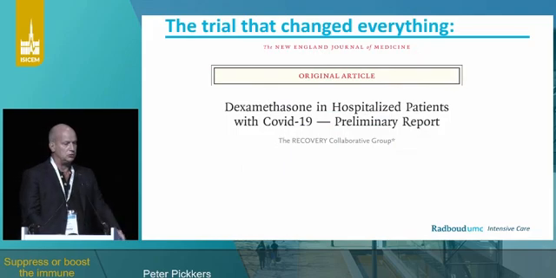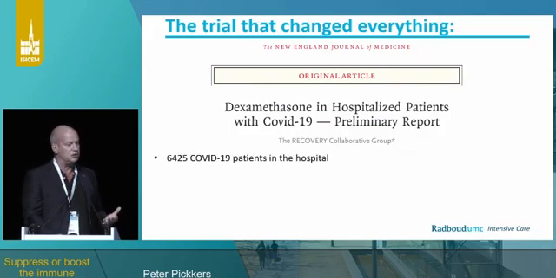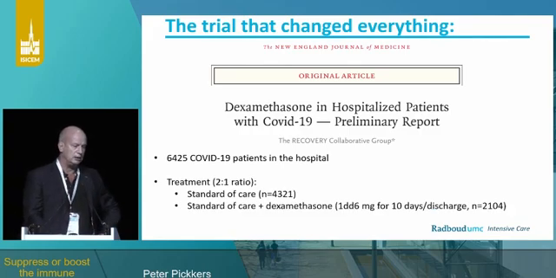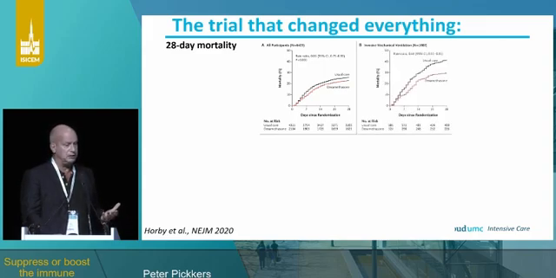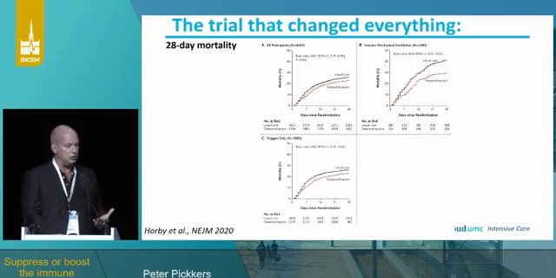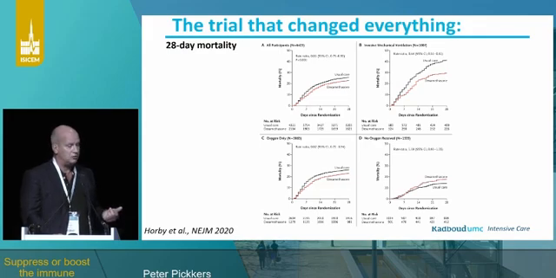Now, we know this trial clearly, the trial that changed the treatment of COVID-19 patients, a very large trial, and it was found that overall, dexamethasone was able to improve survival in all patients. The patients that benefited most were those that were treated with mechanical ventilation, also a benefit if there was oxygen only, but the curves flipped actually in those patients that did not receive oxygen, so there's also a signal of harm in less severe patients.